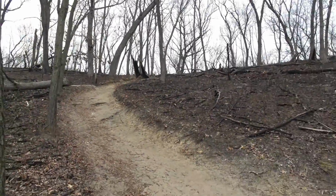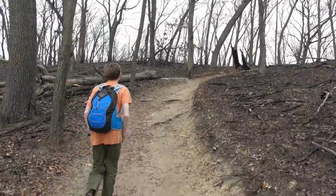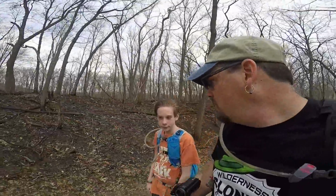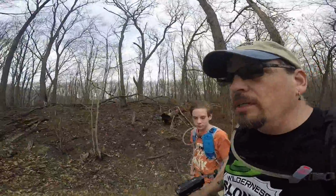Up the hill we go, Catfish. Okay. Lead the way in the sand. Generally, when we think of the Indiana Dunes, we think of beach. We're out there swimming, huh? Yeah. But here in April, it'd be awfully cold to be getting in that water. It's a beautiful day today, though. A little bit windy, but...